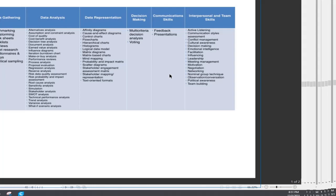And in a brainstorming session, you bring different kinds of people, and they think about ideas and give you solutions. In brainstorming, there is the question five whys. That means asking why repeatedly. Okay. Then data analysis: alternatives analysis, assumption and constraint analysis, cost of quality, cost-benefit analysis, decision tree analysis,